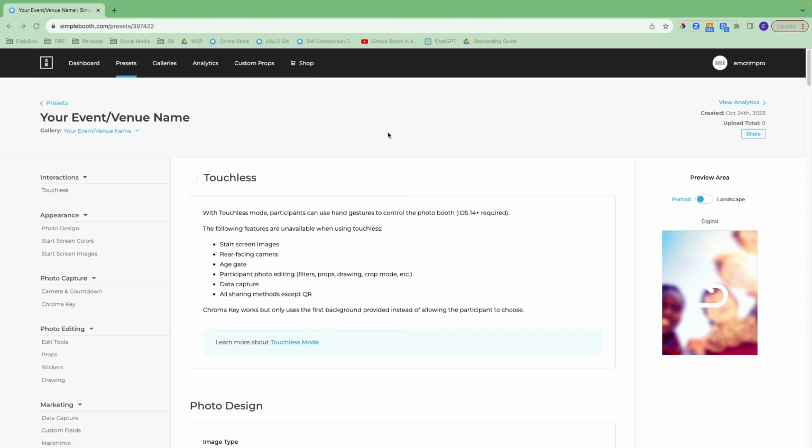So after you've created your gallery and you've linked your new preset with your gallery, it throws you right back into the preset settings so that you can finish customizing the user experience for when people are at the booth and where you can customize what the photos will look like. So your first option here is to turn on touchless. That would allow participants to use hand gestures to control the photo booth. There are quite a few features that are unavailable if you turn this on,